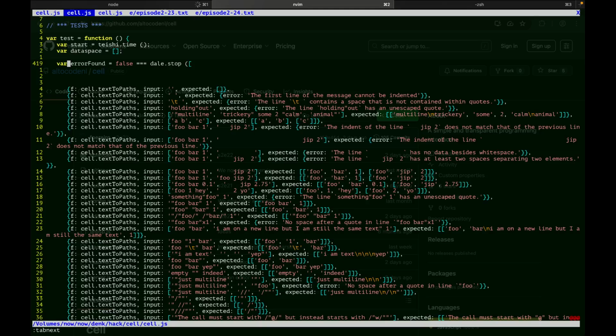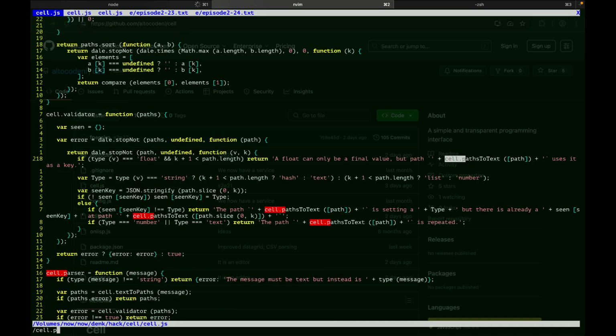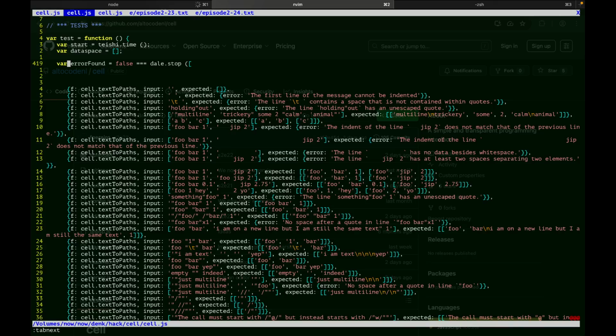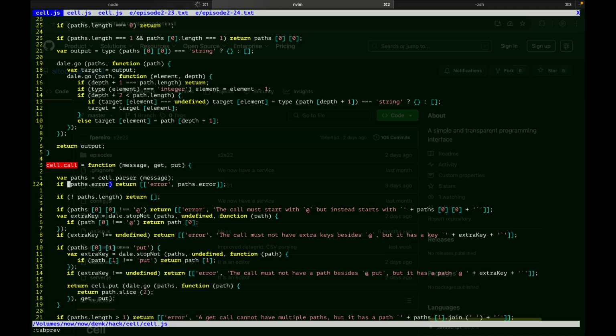And what I want to look at is why the error is returned as a JavaScript object. If I look at cell.call, this honestly could be done differently. I could just return paths always and not depend on JavaScript. So the way I would do it is, the error could have, is it always one path? Yeah, I could assume that, or I could do something like